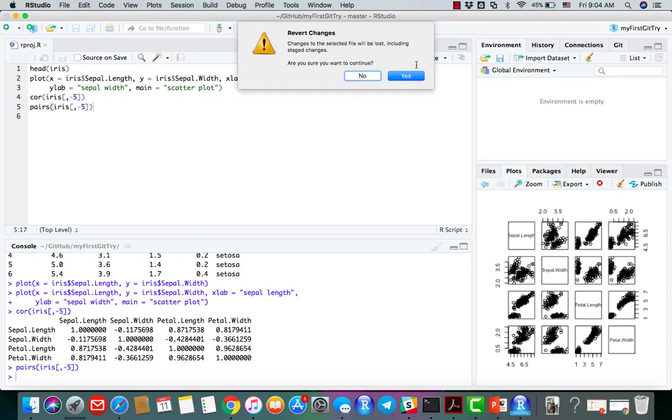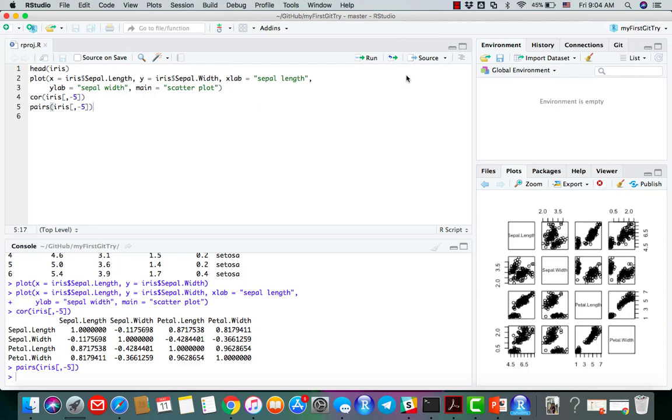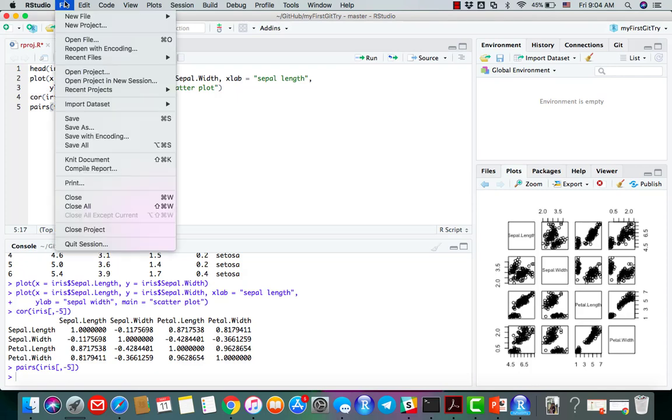It says, are you sure you want to do that? You will say yes, and then as you can see, everything is reverted to the previous commit that we have made. So now assume that this time you have made some changes like this, and then you have saved that